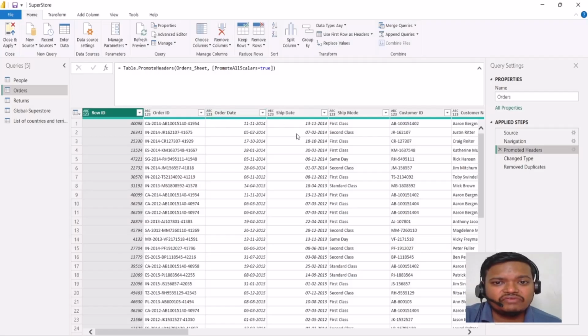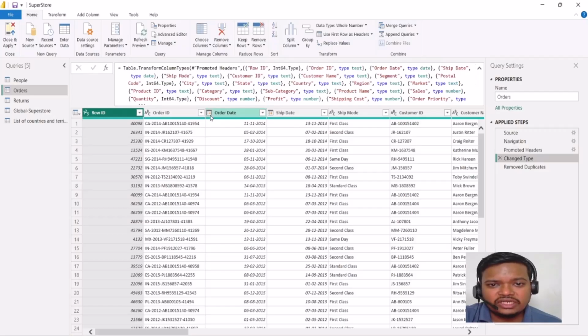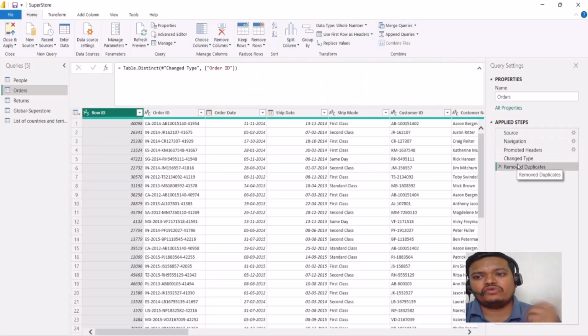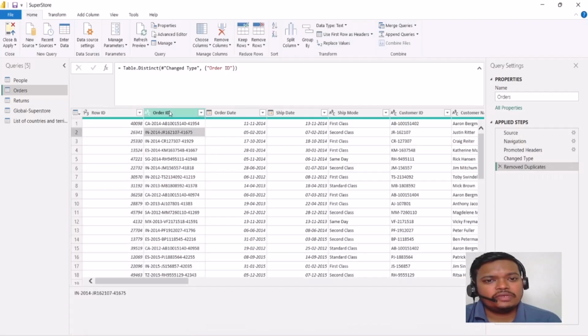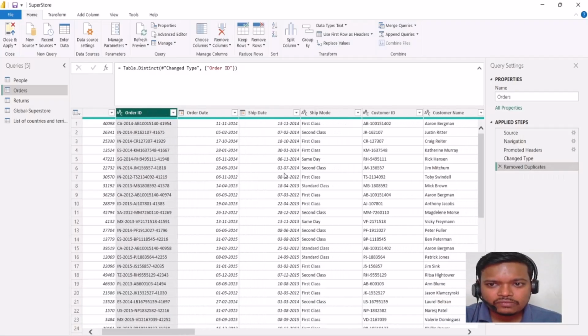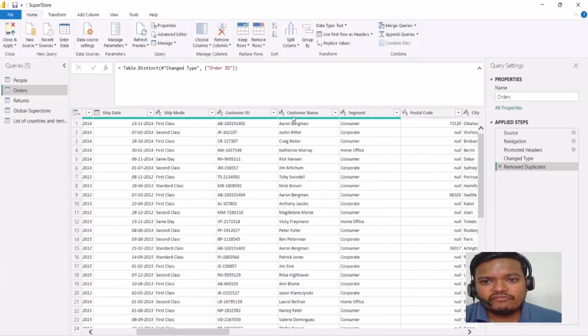Or ABC and 123 type, that means the text, but here the data type is our calendar or time, so that's why it has changed the data type to calendar view. Okay, and now we are implementing a few of the steps. So the first step we have implemented is remove rows, and now we are going to implement a few of these things